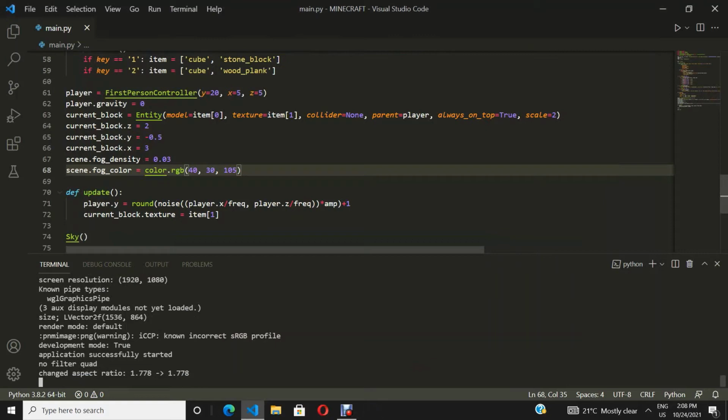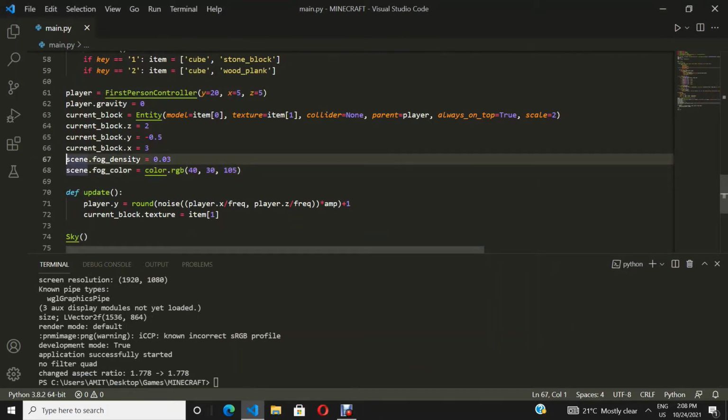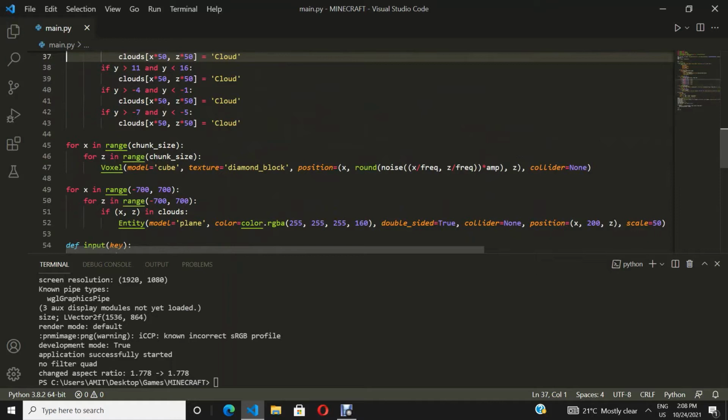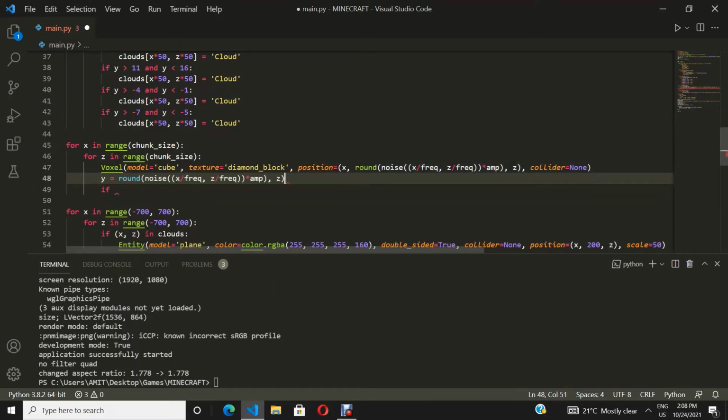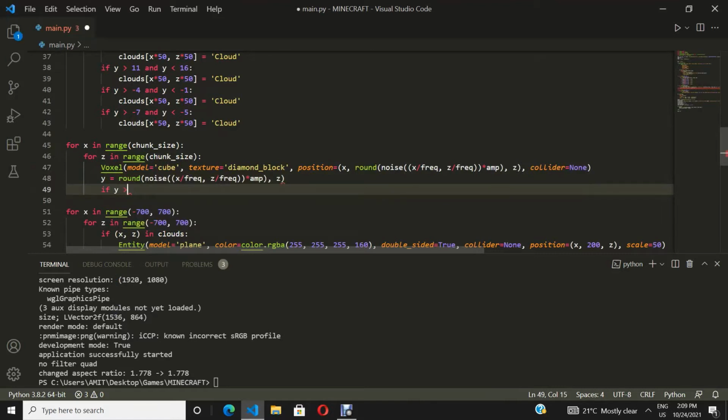So in this part we are going to add the logs, and in the next part we will add the leaves. So this y, we are going to set it to the y value right here. If y is bigger or equal to